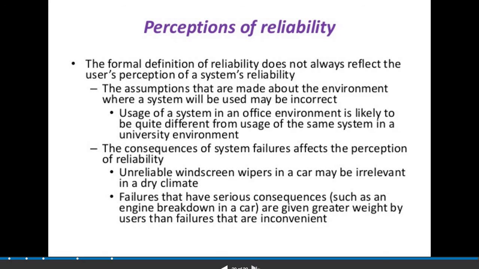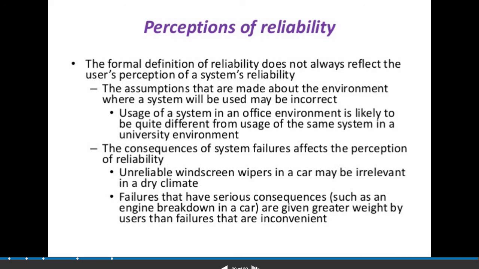So perception of reliability. The formal definition of reliability does not always reflect the user's perception of system reliability. The assumptions that are made about the environment where the system will be used may be incorrect.